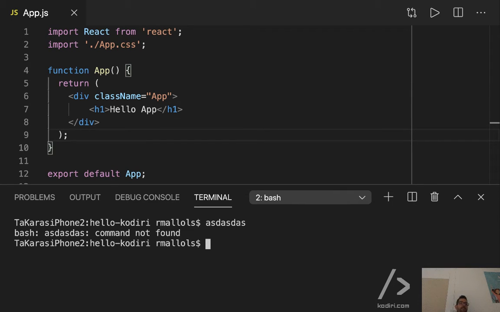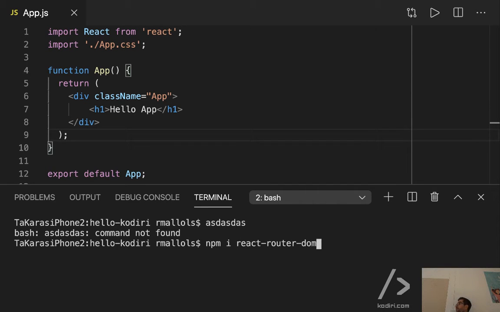So, how do we install a new package? Regardless of whether you use React, Vue or Angular, when talking about JavaScript, thankfully, after many years of different approaches, it looks like there is now a standard way of installing packages. The way is simply typing npm install, or the shortcut npm i, they do the same thing, and then the name of the package that you want to install. So the name of my package is not create, sorry, I think it's something else. React